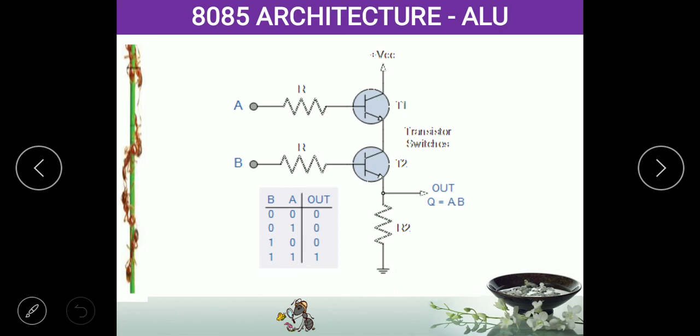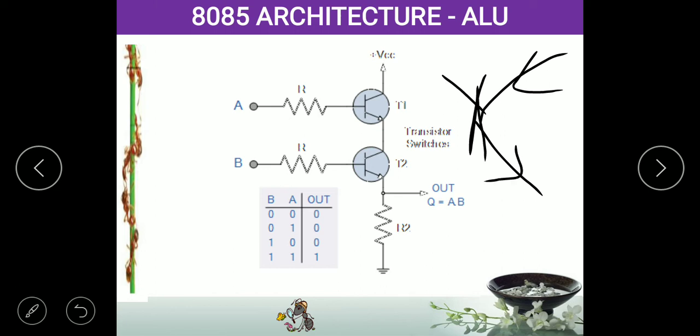So this element is called the base, one is called the emitter, and one is called the collector. Suppose you give some voltage to the base, and in the collector you give some value, then the emitter will give the output. Suppose the base is connected to earth and there is no connection in the collector side, the emitter will not give any output. So if you know this logic, it is more than sufficient.